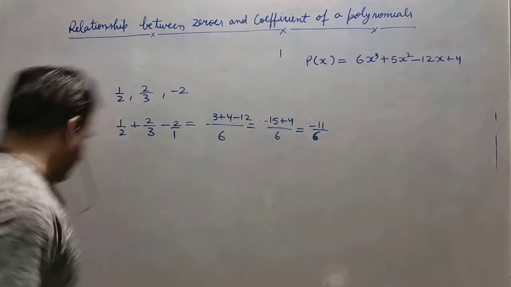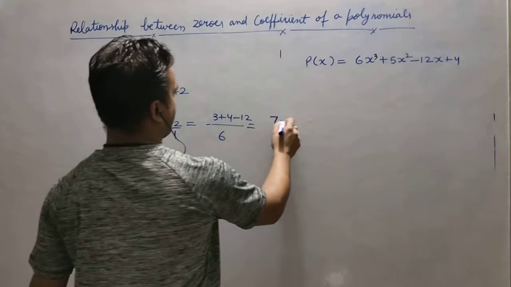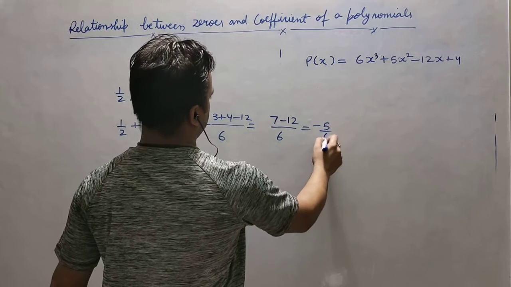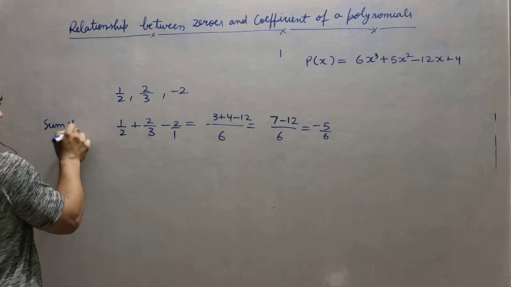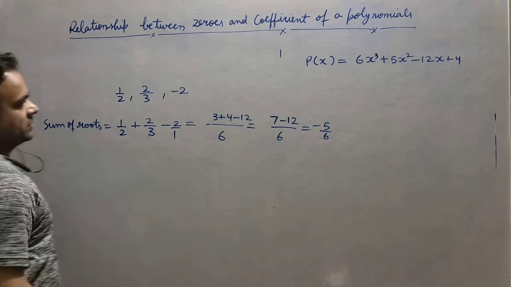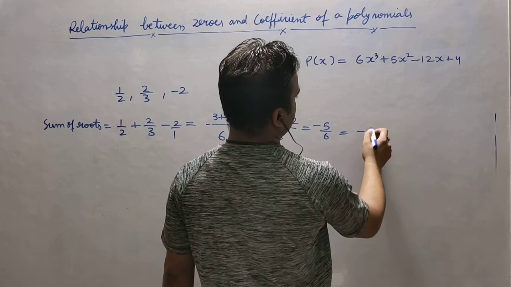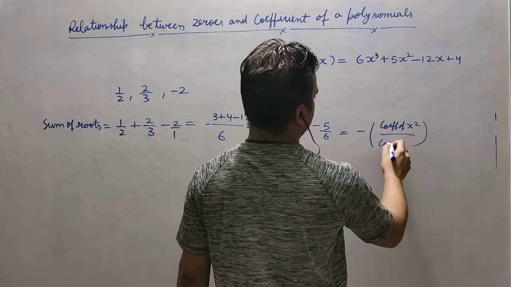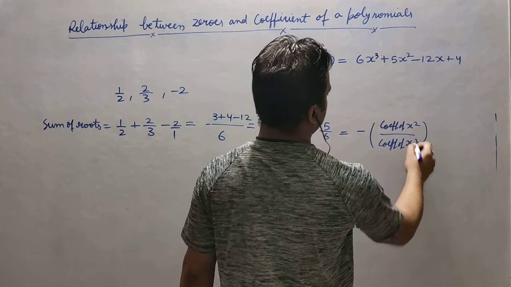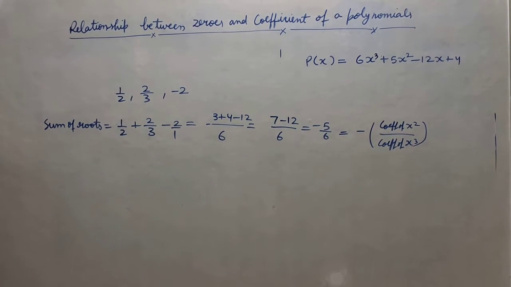So this value will change now. Now it is correct. So here I have done the sum of roots. Sum of roots. And what I am getting here, you can see minus. So minus, and what is coefficient of x square upon coefficient of x cube. You can see. So it means the sum of roots is equal to what? Minus of coefficient of x square upon coefficient of